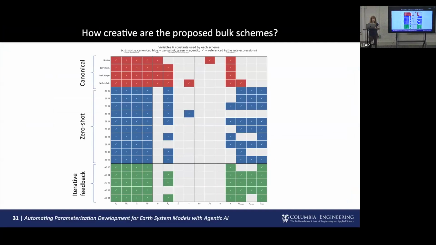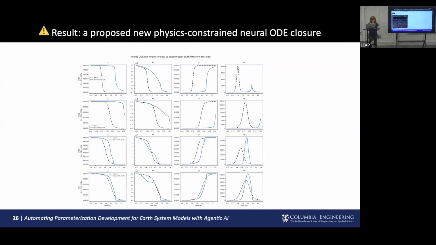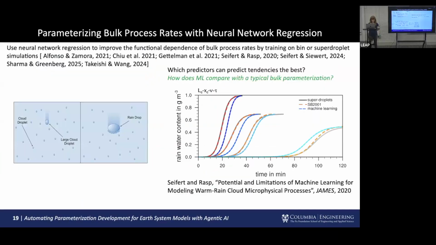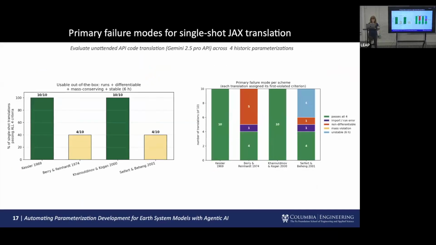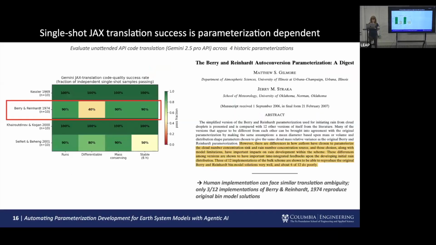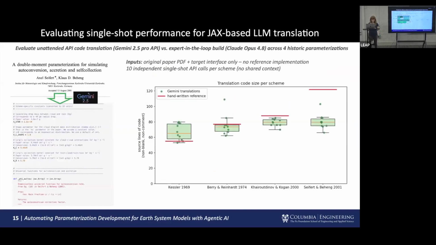Great talk. It bothers me a little bit that the stability of the one implementation that Barry and Reinhardt did was low in the human papers, and it was also low in the attempt by Gemini to do it. Is that because it didn't follow up with the second paper to know the 9 of 12 implementations that didn't work, and it was borrowing those? Was it searching back, or how exactly is it building these things up? Is it just copying things that have already been out there in the literature, and therefore it copied the bad ones as well, and that is why it is so unstable? Or is it actually coming up with the pieces that go into the algorithm that make up that